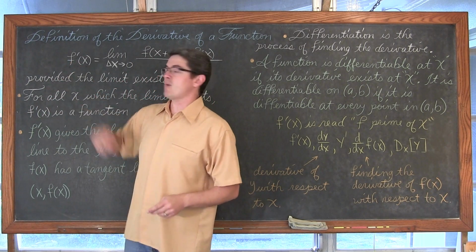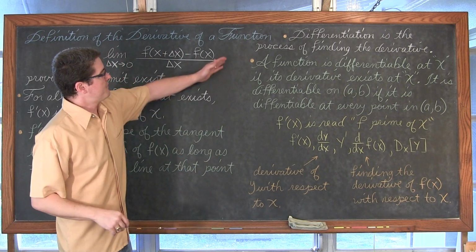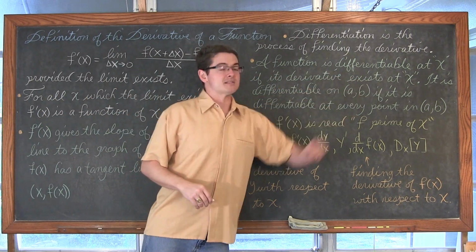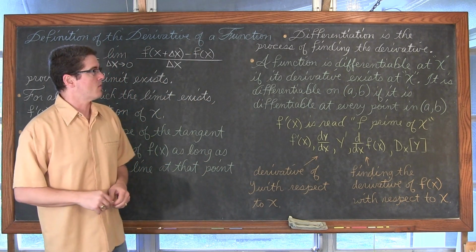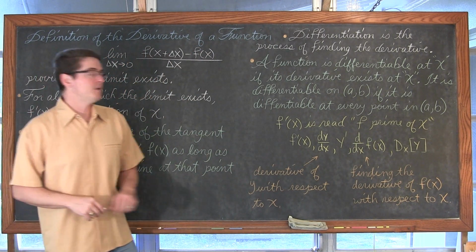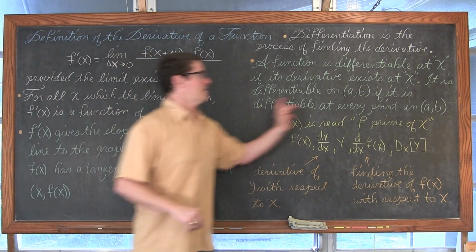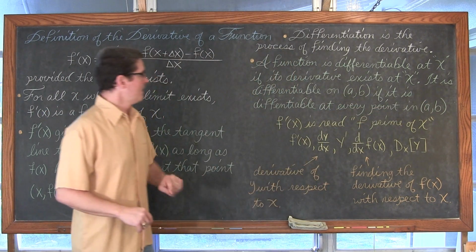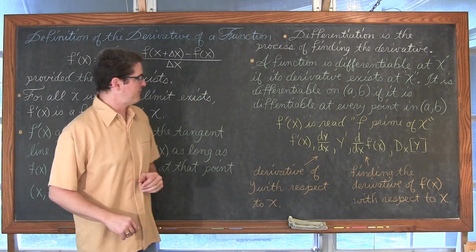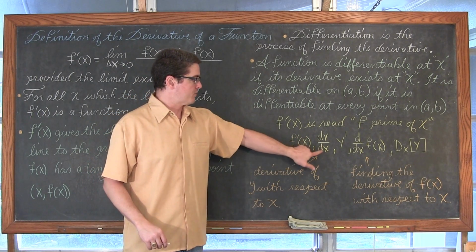So I'm calling this f prime of x, but I can also say this is the derivative of f of x. A function is differentiable at x if its derivative exists at x, and we've had a couple of examples already where we had an issue with that, like I just said. It is differentiable on the open interval (a, b) if it is differentiable at every single point along that open interval. F prime of x is also the derivative of y with respect to x.